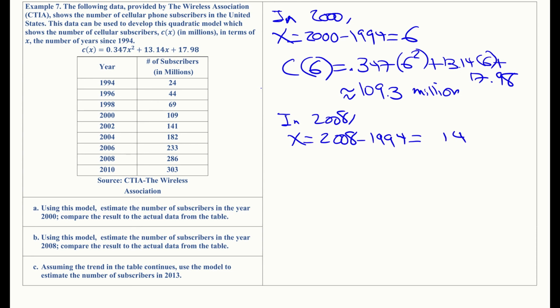So 14. So we're just going to repeat the same process. We're just going to replace 6 with 14. So we get C of 14 equals 0.347 times 14 squared plus 13.14 times 14 plus